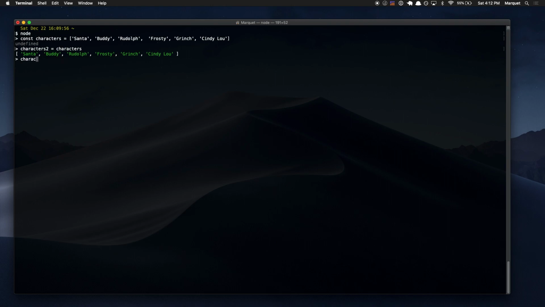So I'm going to run characters and characters2 one time just to prove that they're both the same. If I spell characters2 right, you'll see. Okay, so they're both the same thing right now, right? So let's say I want to make an update to characters2 and I want to add Scrooge to the array. I'm going to use the push method here, and I'm going to put Scrooge,